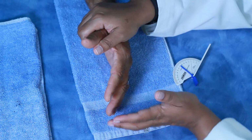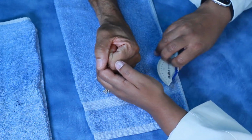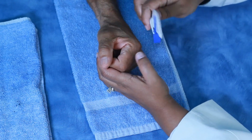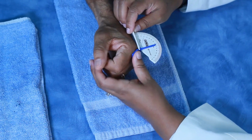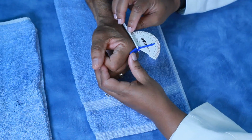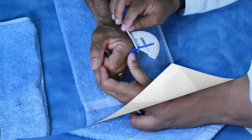So I'm going to have him turn and make the best fist he can. Most of his issue is at his thumb, so I anticipate there'll be some deficit. His index finger is at 70 degrees starting at 0. And again, we have the proximal end of the goniometer over